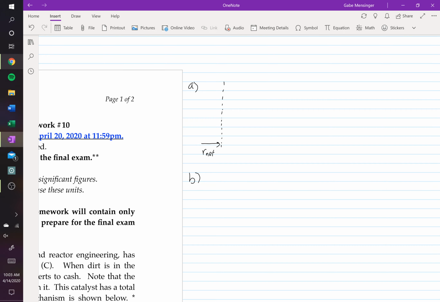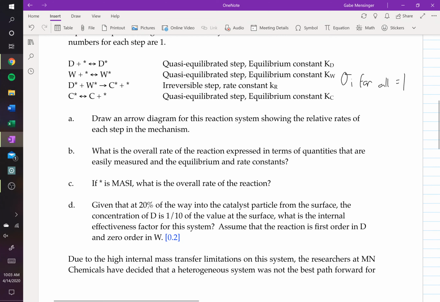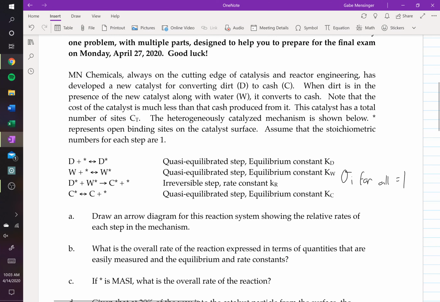Part B, a little bit more difficult. What is the overall rate of reaction expressed in terms of quantities that are easily measured and the equilibrium and rate constants? Okay, so